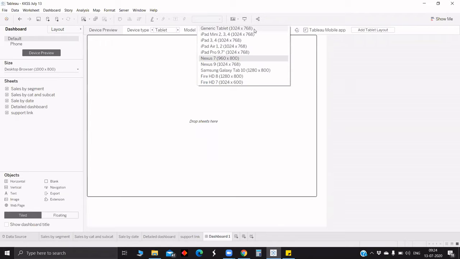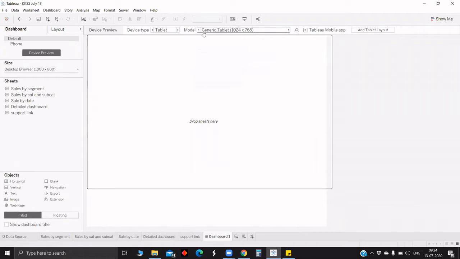Let's see. So there is iPad mini. There are 4 iPad types. Interesting. Then Nexus, 2 of them. Samsung Galaxy Tab. Fire HD, I think, is Amazon's device, if my understanding is correct. Okay. So these are the 4 types.